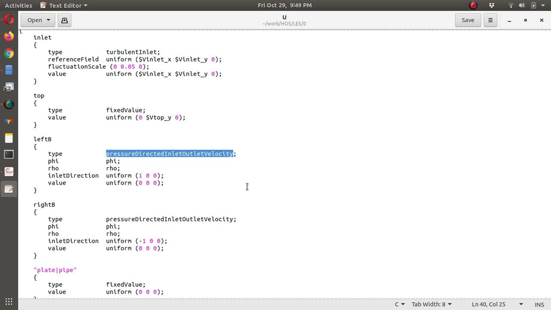As I have said, the left, right, front, the top, these all are open to atmosphere. So in this location pressure will be constant, equal to atmospheric pressure, but the velocity will be directed by the pressure. So here we have provided a special kind of boundary condition, that is pressure directed inlet outlet velocity. If we need further information about this pressure directed inlet outlet velocity, we can directly come to the